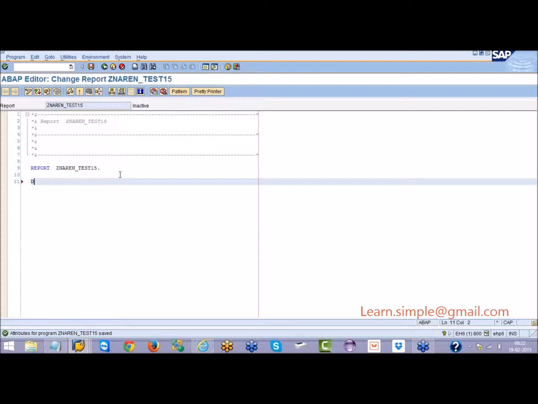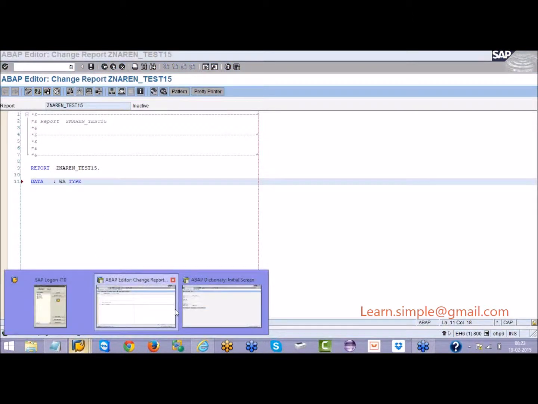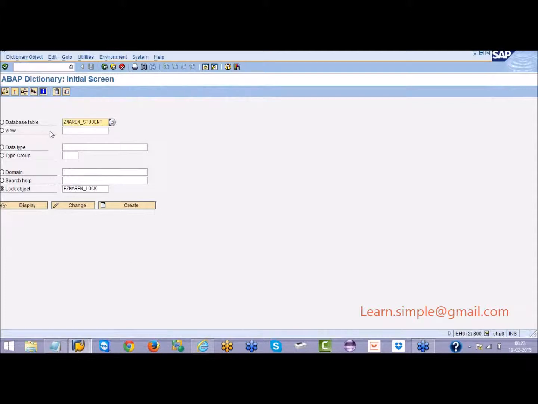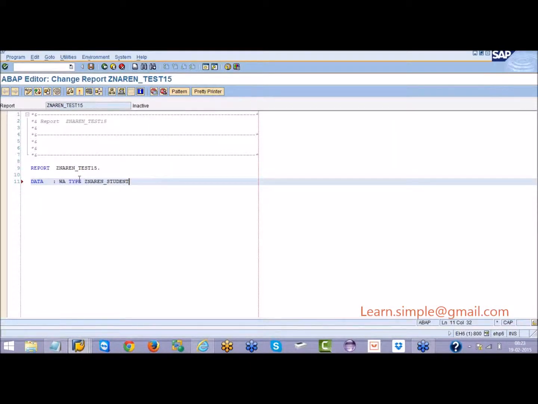data some WA type. We'll take a student table because we are practicing, and it will be easy for you to understand. So I will say ZNRN_student.